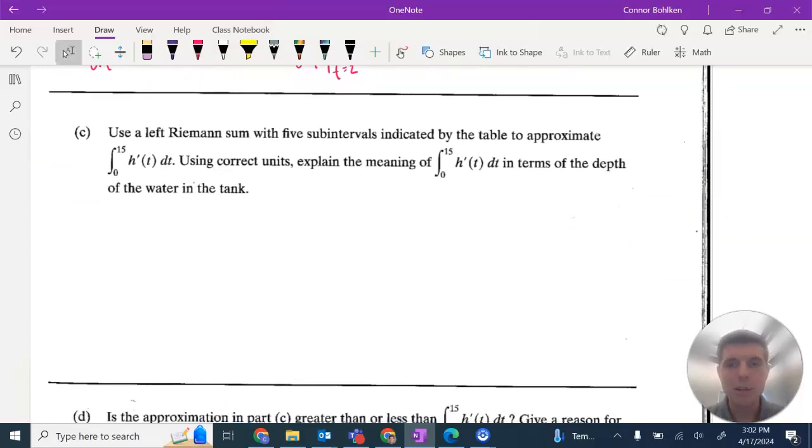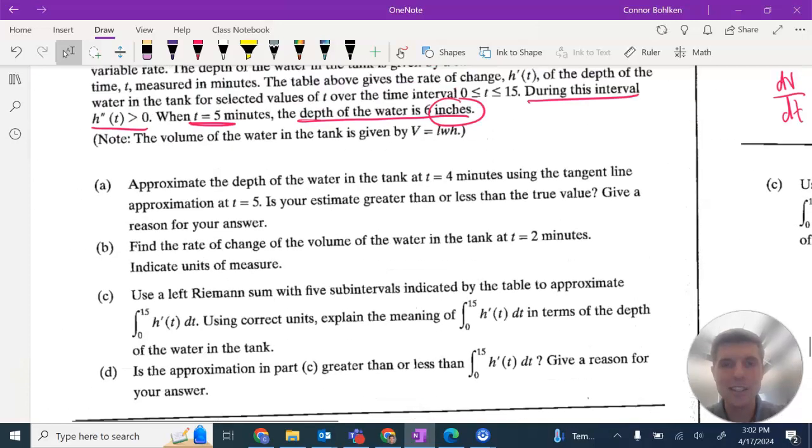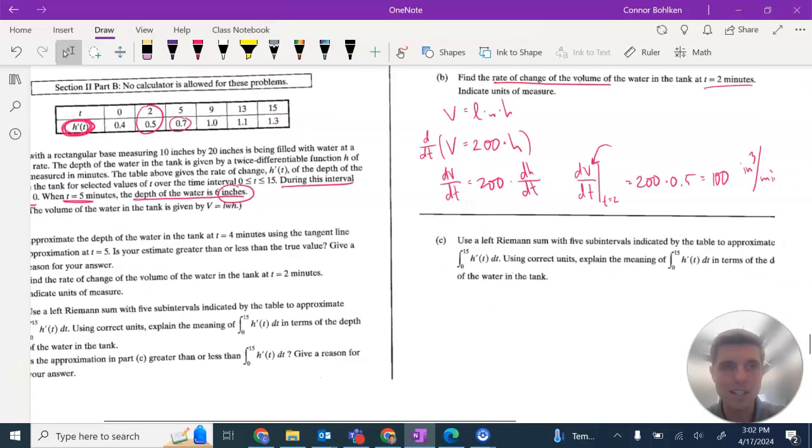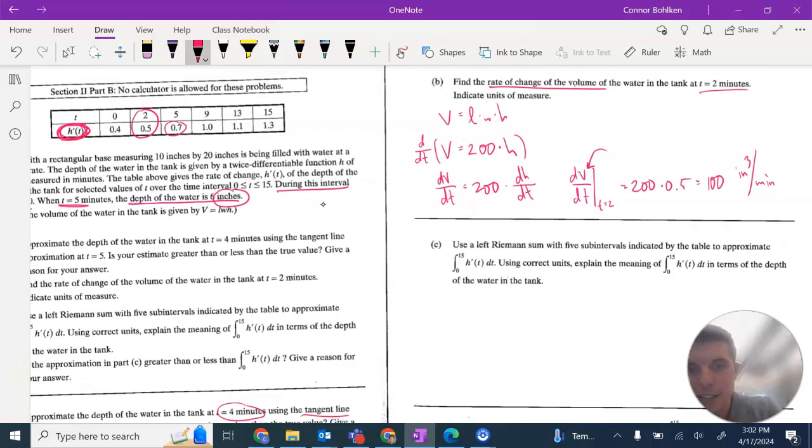Third one, use the left Riemann sum. This isn't anything too crazy, and again, you don't even have to evaluate. Left Riemann sum, remember, delta x times the height. So I'm going to zoom out so I can see both of these at the same time. Delta x for the first chunk is 2. The left side of that is 0.4. Plus,